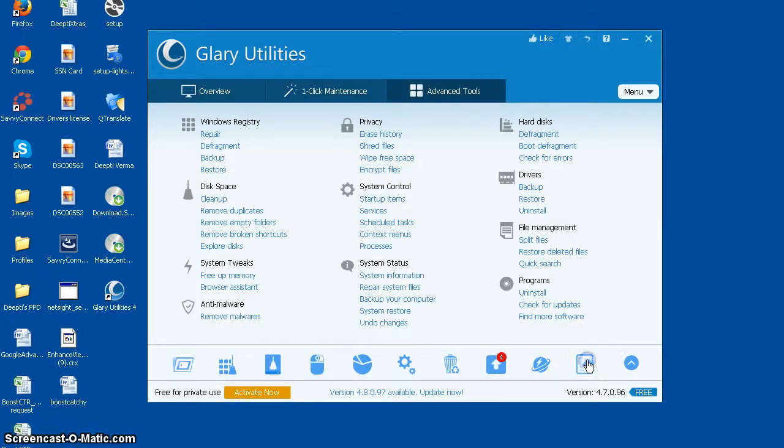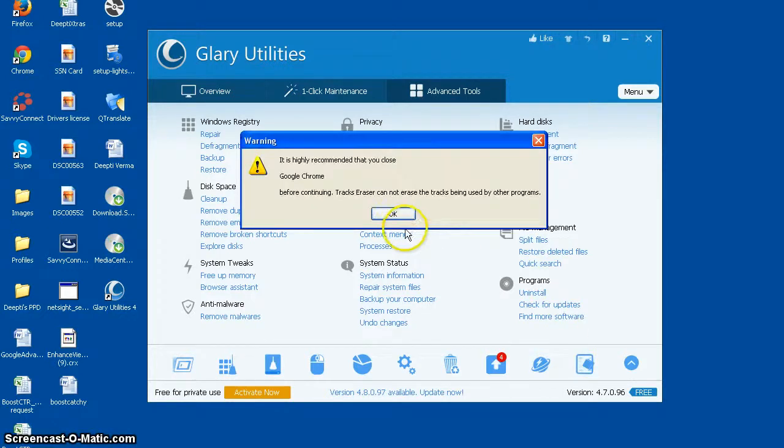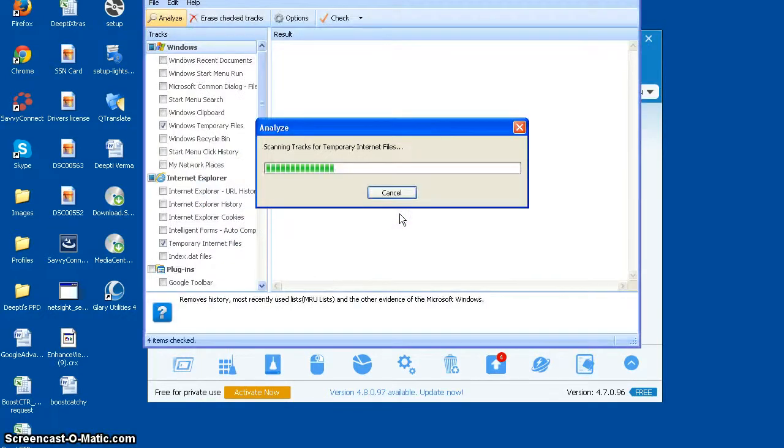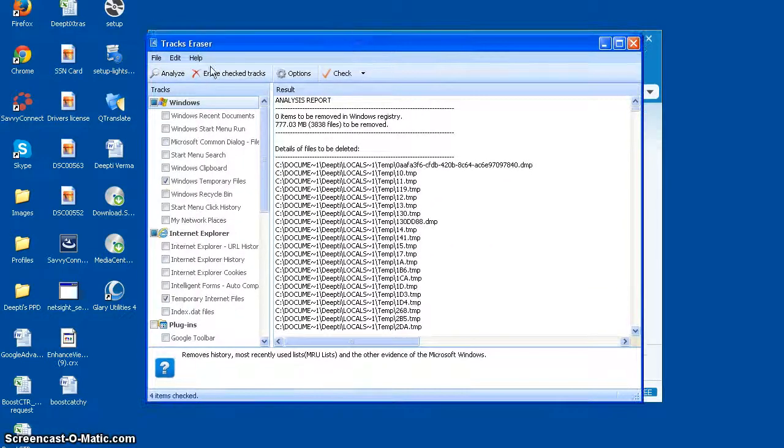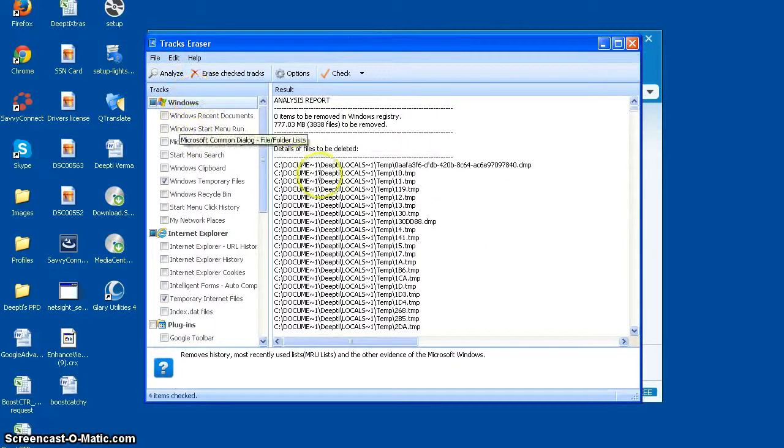And lastly, this tells you about the tracks. It's a tracks eraser. Basically you can erase whatever you want to. Let's say erase checked tracks.